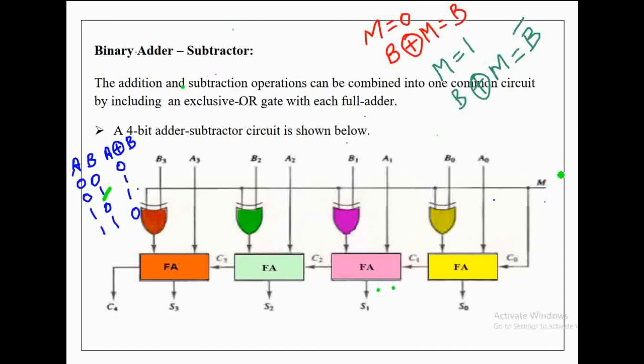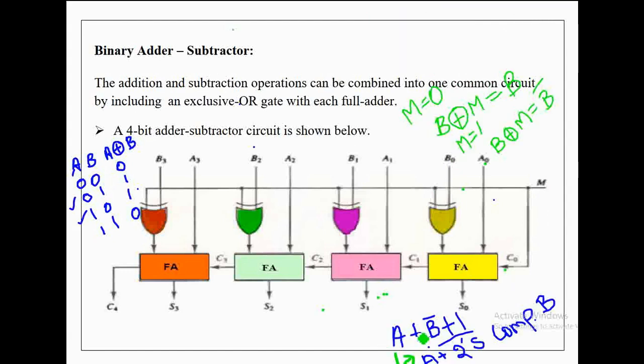whenever mode control signal equal to 1, that one value is applied as one of the inputs to all XOR gates. That's why the output of these XOR gates will be equivalent to the complement value of bit value. Now this full adder circuit receives bit values of A, complement of bit values of B, and the input carry 1. Now when M equal to 1, circuit performs addition on bit values of A, complement of bit values of B, and 1. Here 1 is nothing but the value of M, which is applied as the input carry to the first full adder of the circuit.